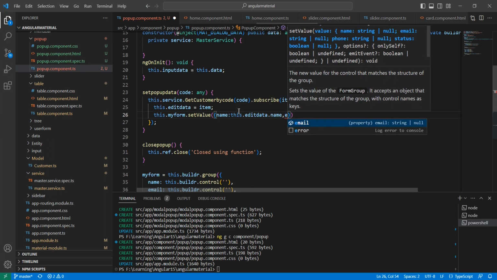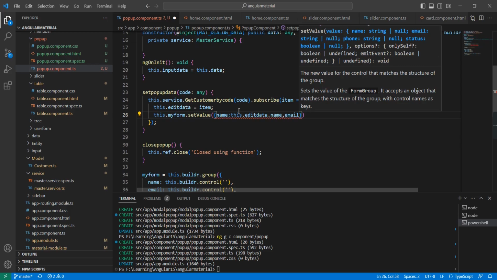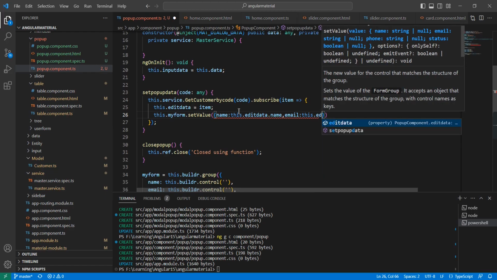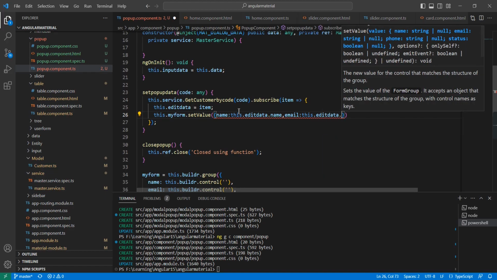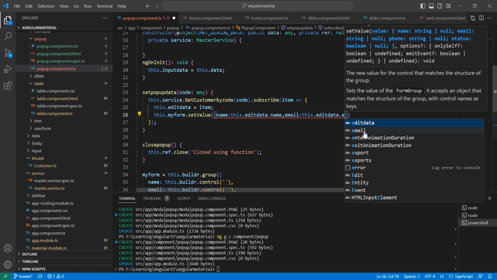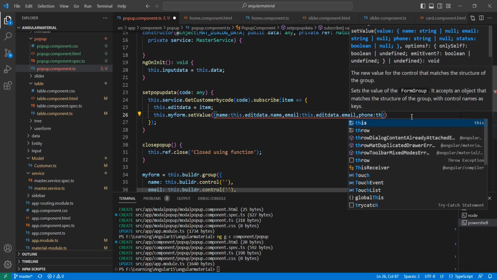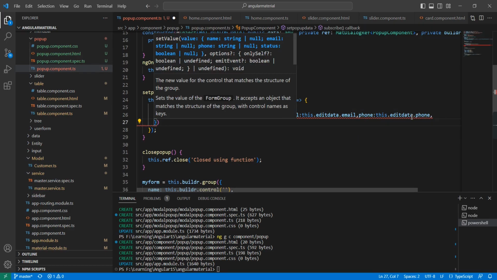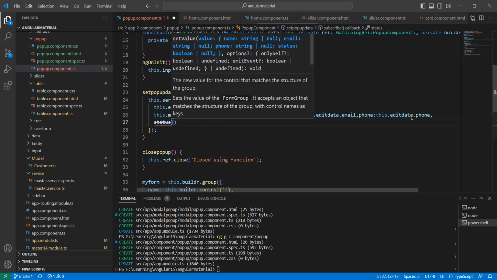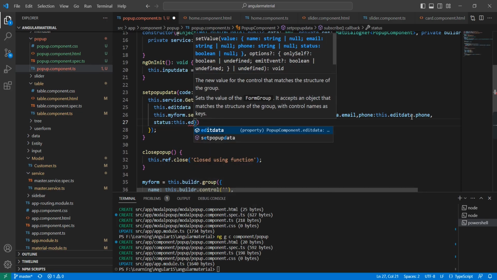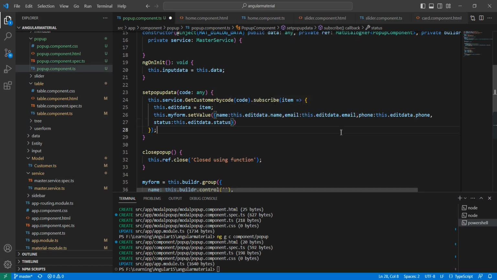The similar way email, so this dot edit data dot email. Now phone, and finally status. So this dot edit data dot status. That's it. So let me save this one,